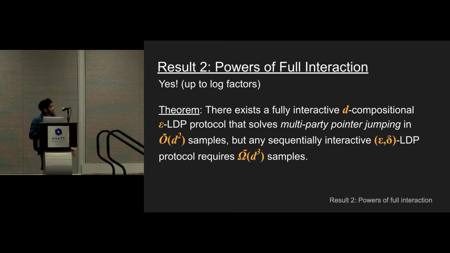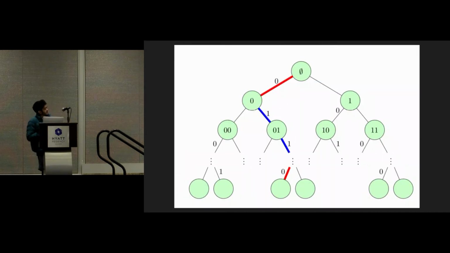And the way we prove this is by giving an example of a problem that we call multi-party pointer jumping. What this problem looks like is, imagine you have this very large tree of depth d, and each node in the graph is going to be labeled with one of its children. So one of its children is the right node to take, but you don't know what it is. And each user knows the values for one of these levels. So you as the algorithm operator want to figure out the right path through the graph, but you have to keep asking people to find that correct path.